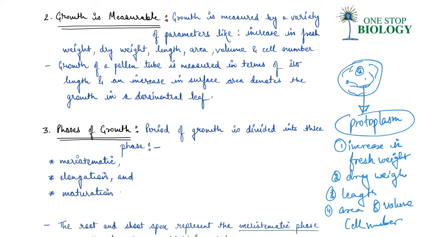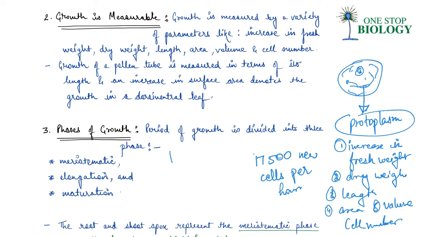Right? Now, let's take an example. In case of maize plant, one single maize, right? Remember, one single maize root apical meristem can give rise to more than 17,500 new cells per hour. So if you measure the growth of a maize, and that too only root apical meristem, it gives rise to 17,500 new cells per hour.